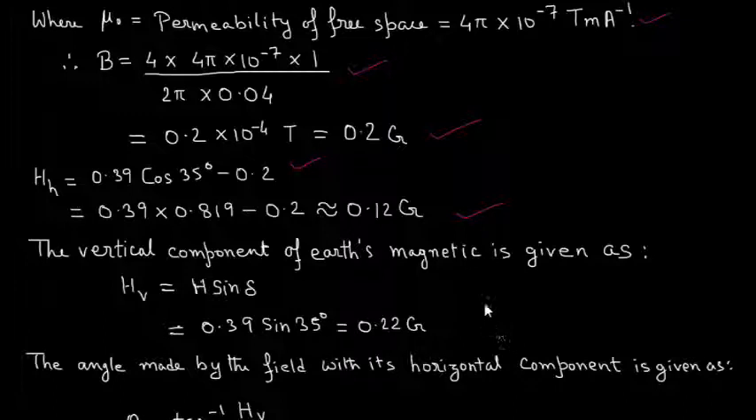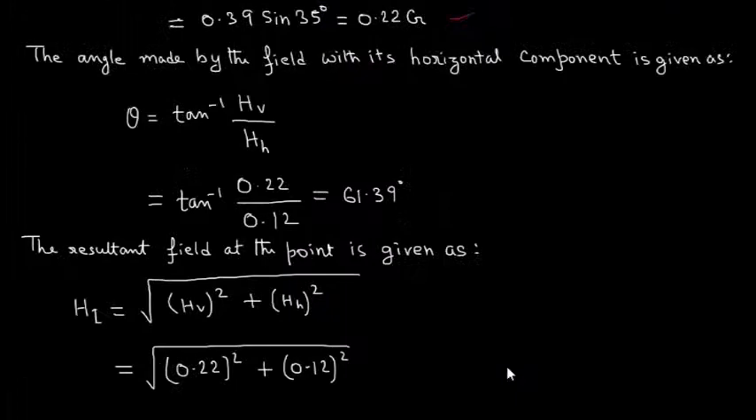Vertical component of Earth's magnetic field is given as HV is equal to H sine delta. So putting the value of H and delta, we get 0.39 sine 35 degree is equal to 0.22 G. The angle made by the field with the horizontal component is given as theta is equal to tan inverse HV upon HH, which is equal to tan inverse 0.22 upon 0.12, which is equal to